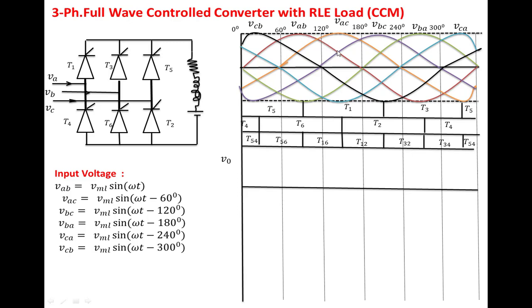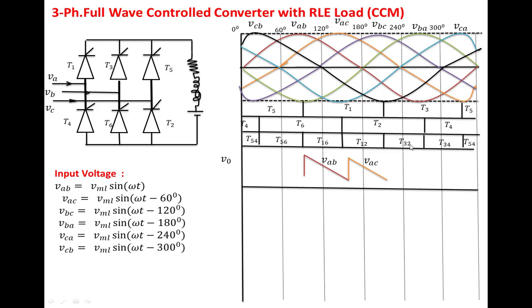You take up the same waveform to here. This is VAB. T1, T2 is conducting. The upper is connected to the A phase, the lower is connected to C phase. So VAC. In this region, you have to see how the VAC is changing. You take up that one waveform. Next,